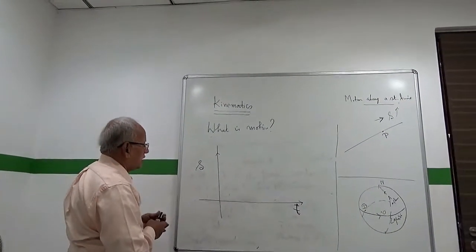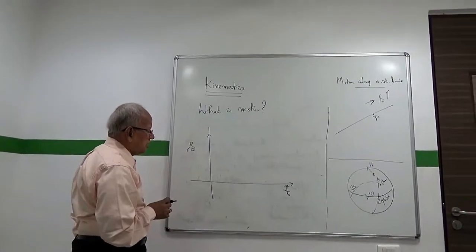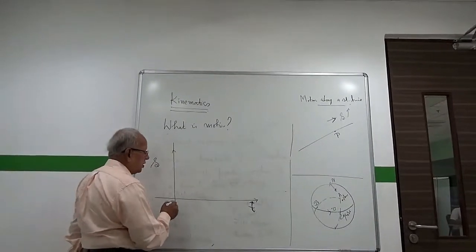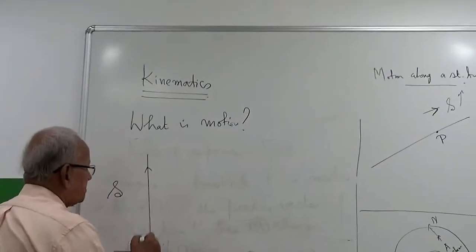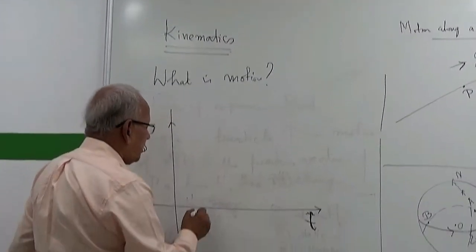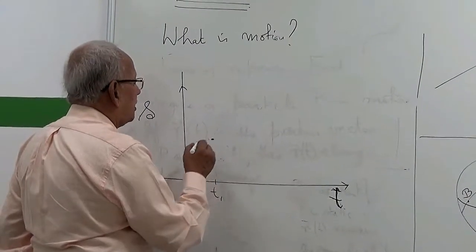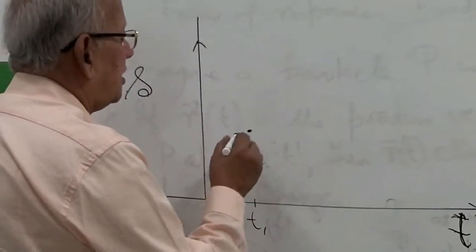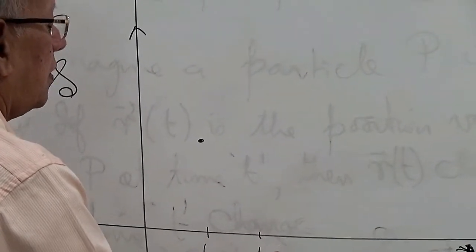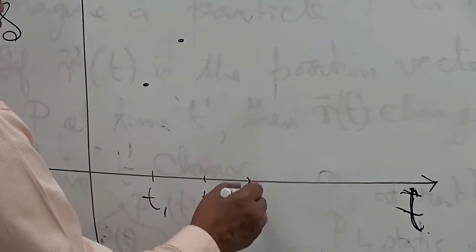So let's look at this graphically. We're going to use a Cartesian graph. So let me fix two perpendicular lines. This is my t-axis, this is my s-axis, and then at time t1, so this is s at time t1, time t2, at time t3,